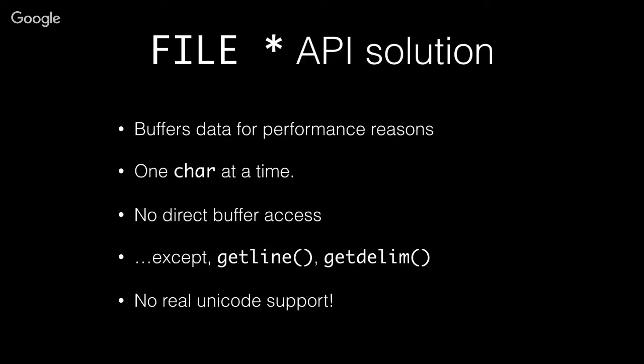There's no access to the buffer, except we have these little shortcuts like getline and getdelim, which allow, because the C standard library knows what's actually underneath in the buffer, it cheats. It can look into that buffer and say, oh, there's the next newline, I'm going to give you that data. And it also has no real good Unicode support. There is wide character support, but it's just for